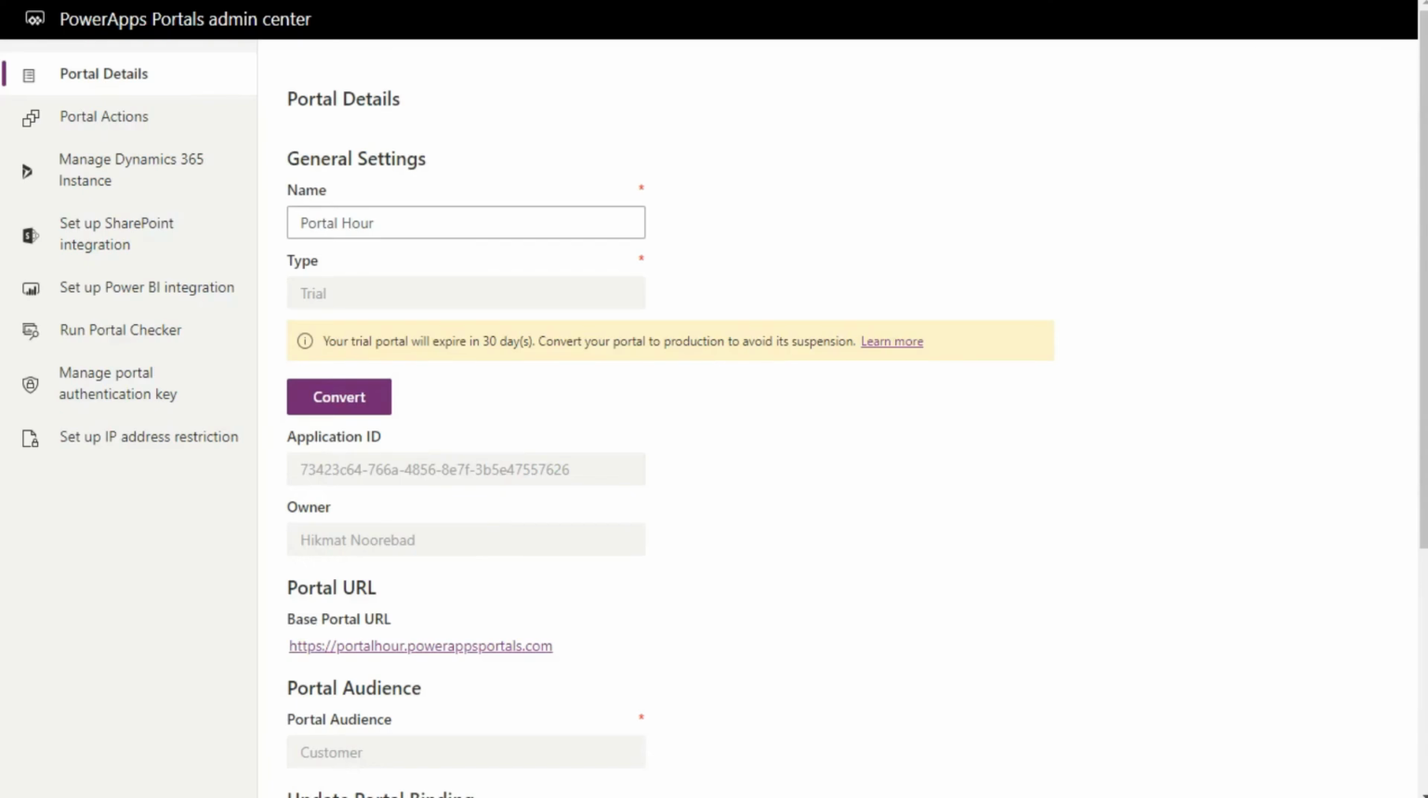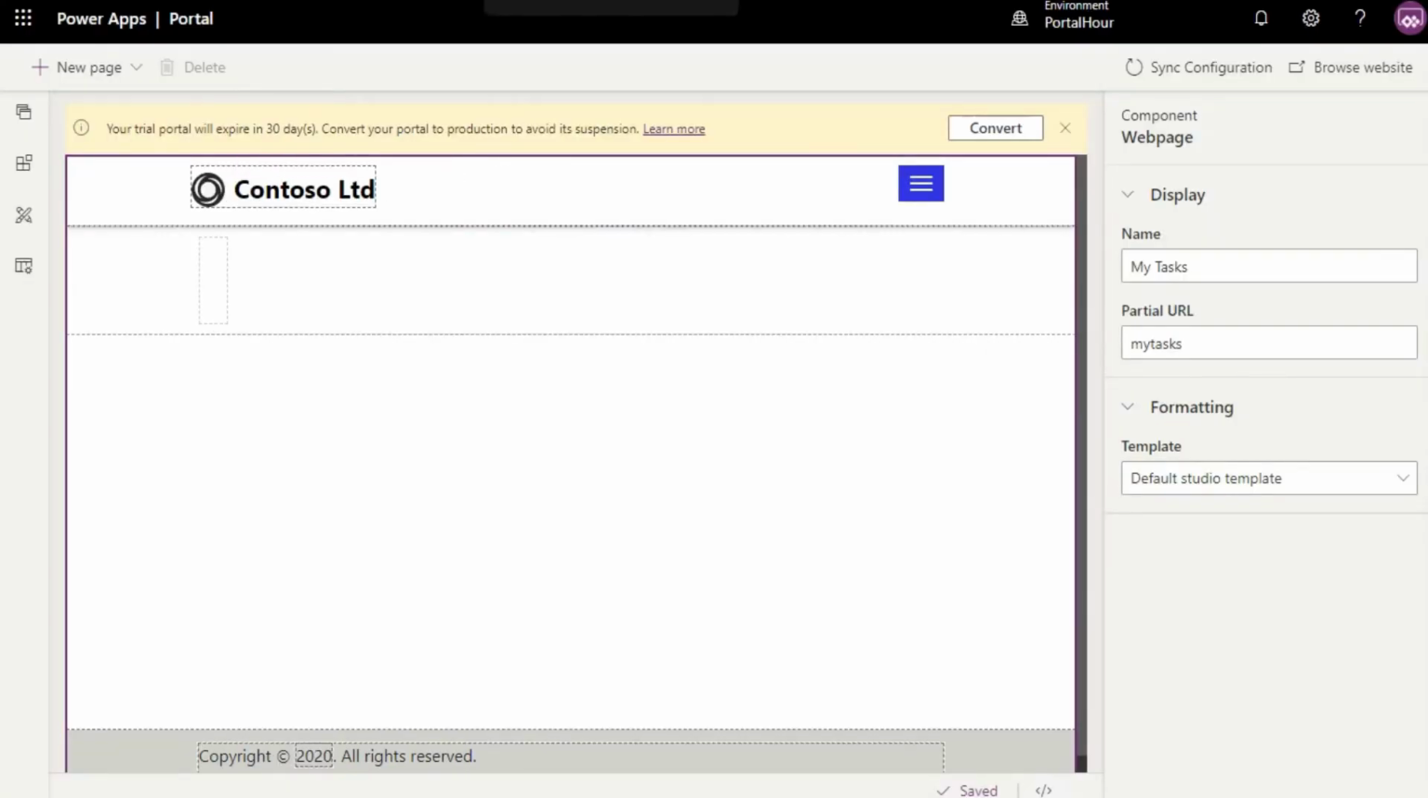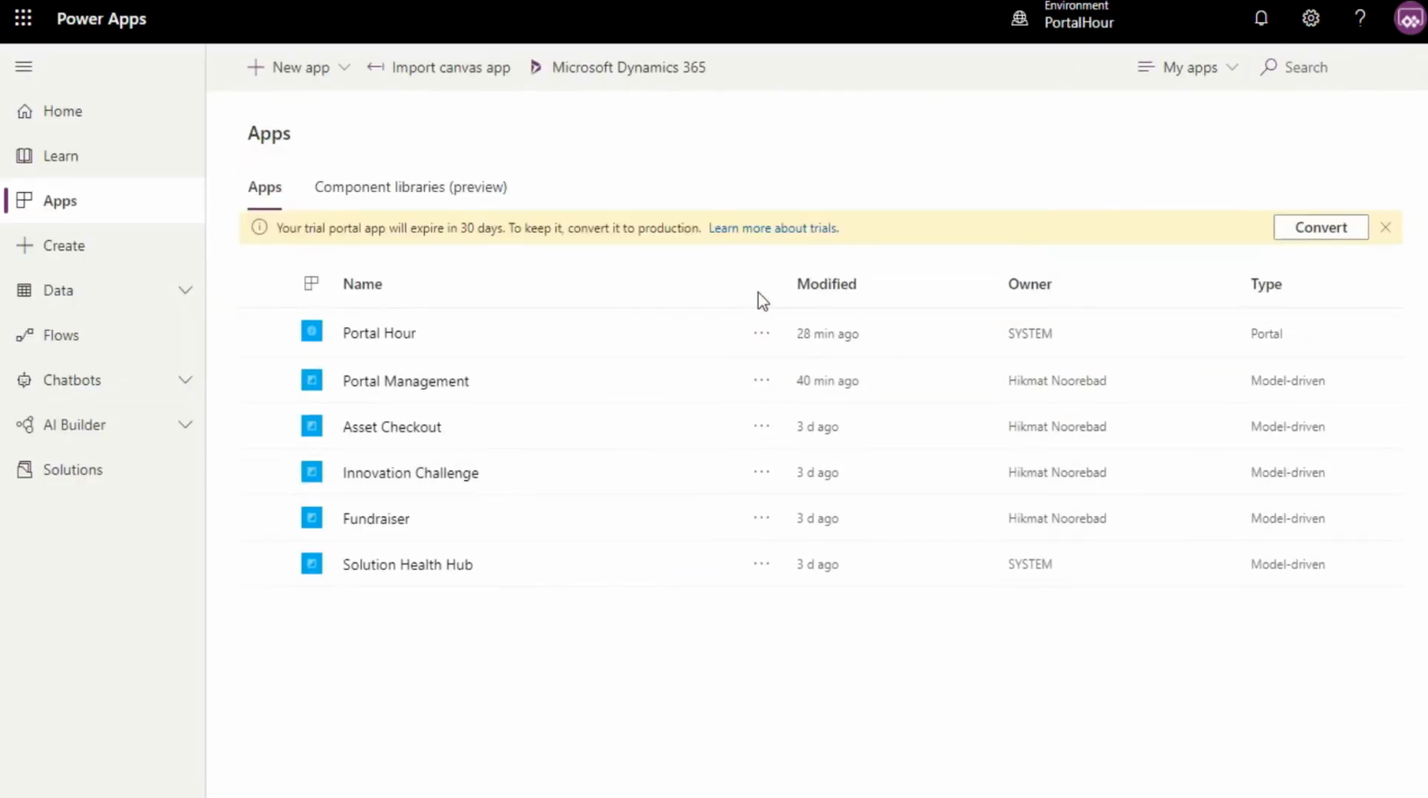So now if I open that, it shows me the new my tasks page. But as you can see, my tasks page is totally empty. We haven't added anything in here, so there's nothing, and that's our URL. So now we need to add the content for our site. To do that, we need to go back to our portal. So in the portal we go